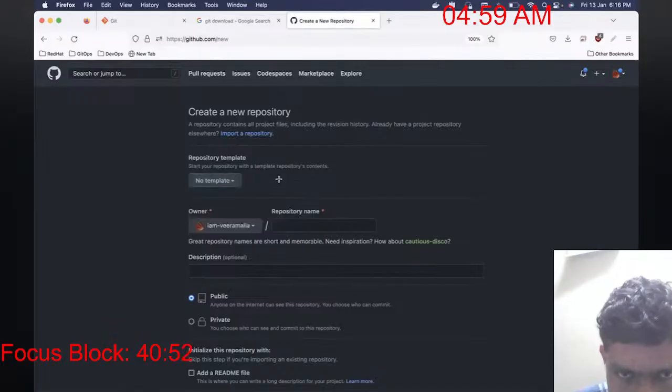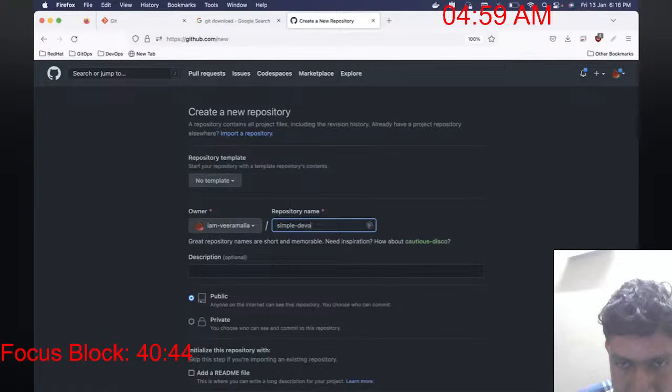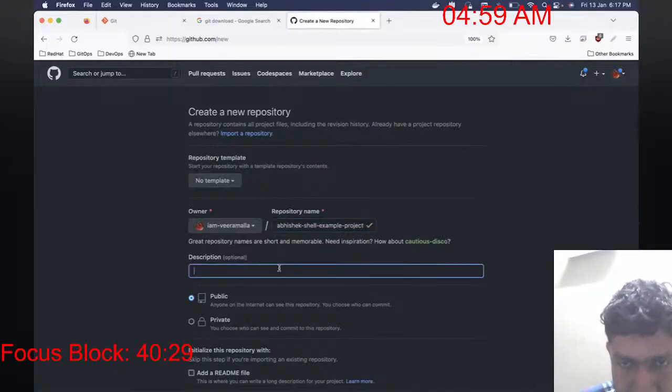Either you can go with no template or any template that you have. Select the repository name. Let's say calculator, or let's say simple DevOps. Let me keep it as Abhishek shell example project, and you can provide some details about it.